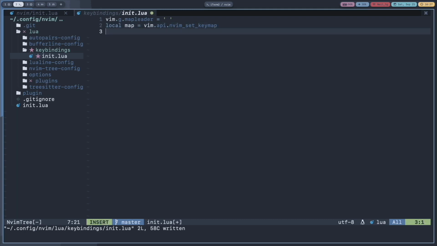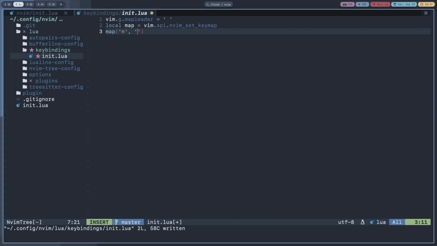We are going to add this key binding map, and then you need to specify which mode you want to use the key binding in. For me, I want to use it in normal mode. Then after that you need to define the key binding.